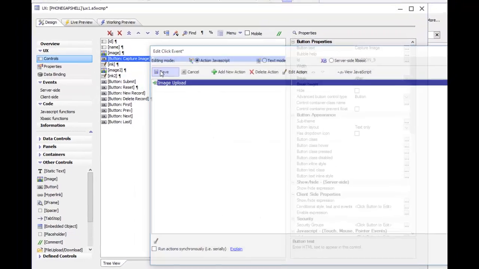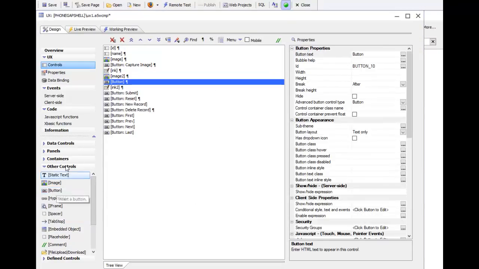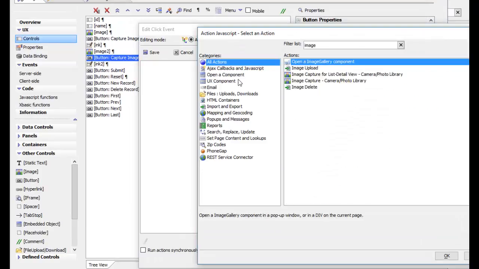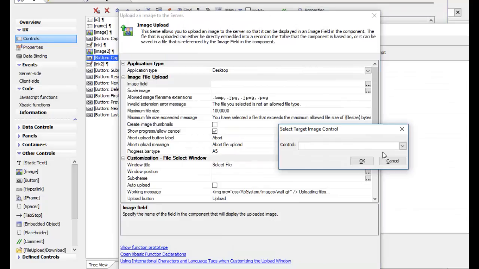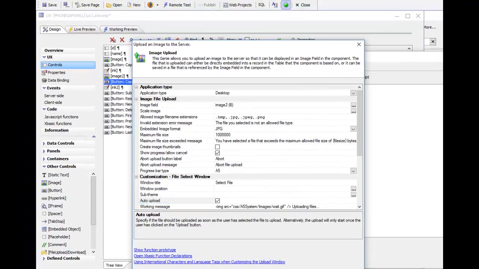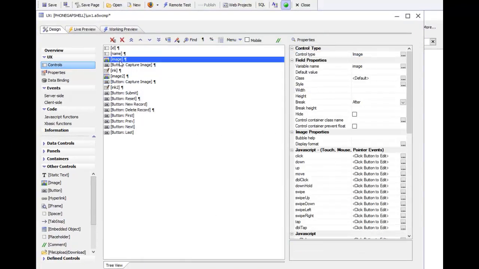and then we'll also go now to the second image, and we'll add another button over there. So we'll go there and add a button, and we'll go here and we'll say capture image, and we'll define this again. So we'll go here and we'll say image upload, and we'll choose the second image field. So here we go with the second image field, and again we'll choose to start uploading immediately after the user has made a selection. So now we have our two buttons,